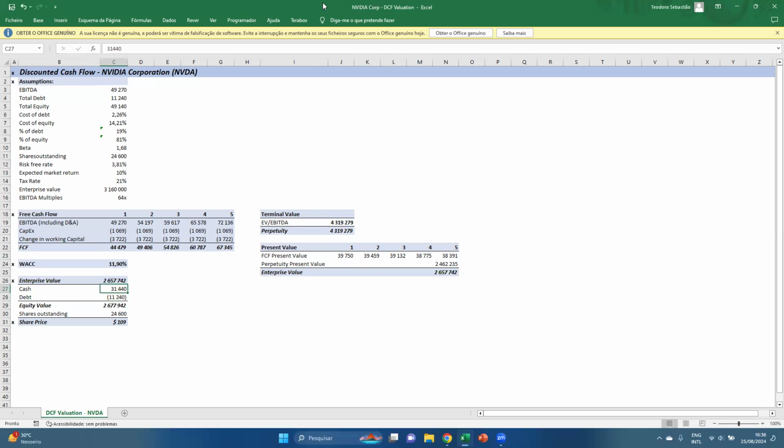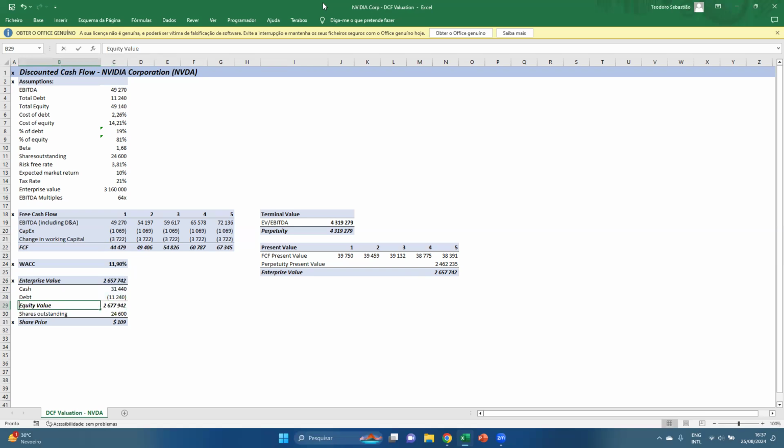And then we are going to add cash, because the enterprise value doesn't include the cash. And we are going to remove the debt, because the enterprise value normally includes the debt, since it's for both equity holders and debt holders. So we sum the enterprise value plus cash minus debt, and